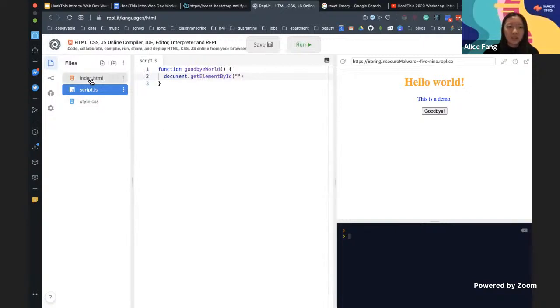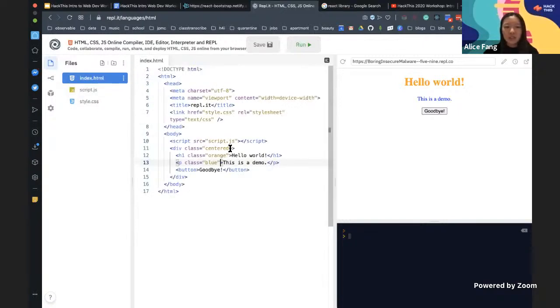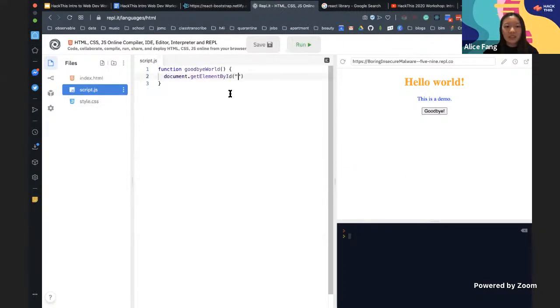Actually, oh, I forgot something. So we're actually going to give this a class and an ID. So ID is like a more specific selector for the CSS to use. Like IDs are usually unique, whereas classes are applied to like multiple HTML elements. So let's give it an ID of, so I'm gonna select that element